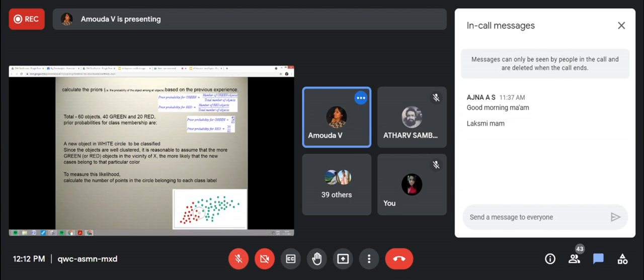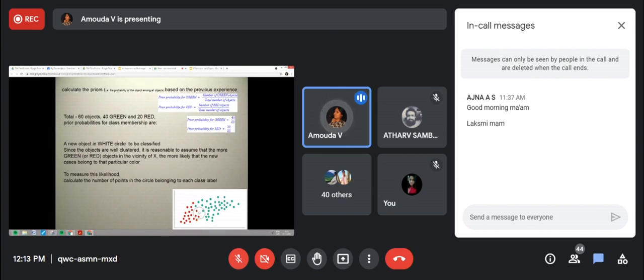Now we can go for the new arrival. The new object, the white circle, is to be classified. Suppose there is a new arrival of an object. Here, we have to classify whether it belongs to red or green. So we make this particular vicinity. In this vicinity, we put a circle and count how many red objects and how many green objects are there. By the likelihood, we are going to decide whether this new object belongs to the red group or the green. That's why it's given here.